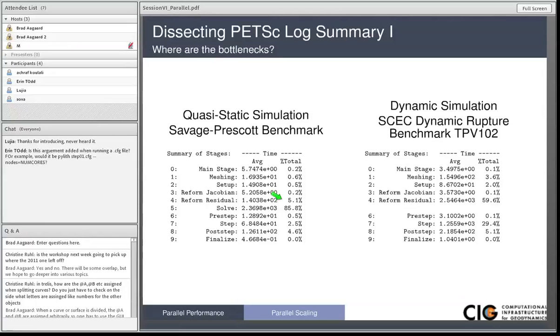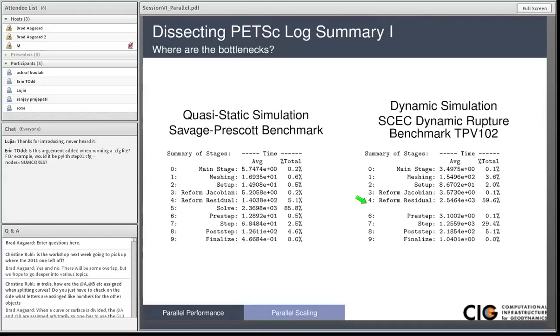On the right, I'm showing a dynamic rupture simulation. This is a rate and state dynamic rupture simulation benchmark. Notice that there's no solver stage in this case because instead of the PETSc solver, we're using our trivial decoupled solver that works for these explicit time stepping cases with a diagonal Jacobian matrix, which is essentially our lumped mass